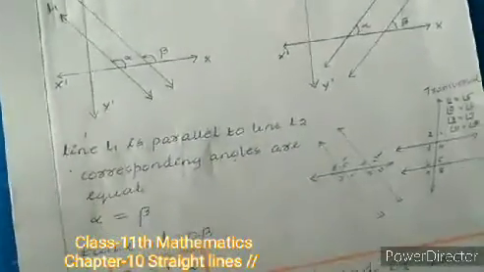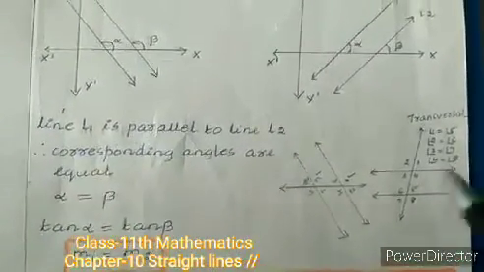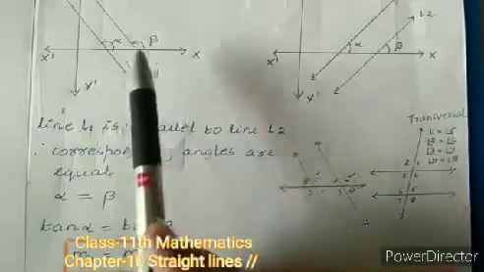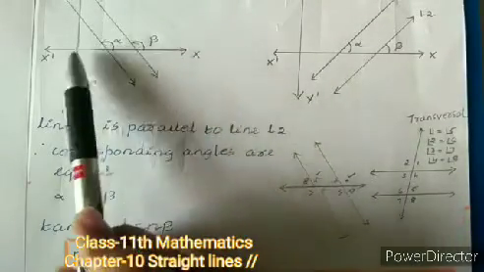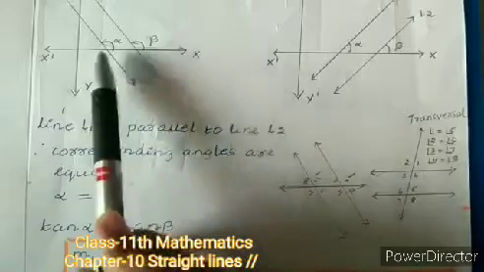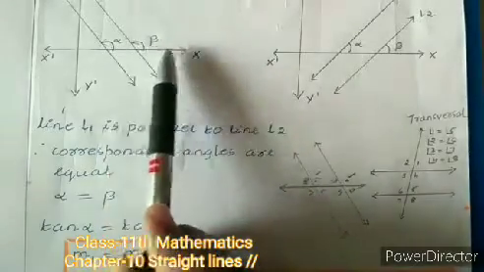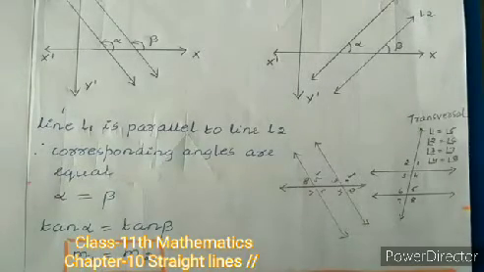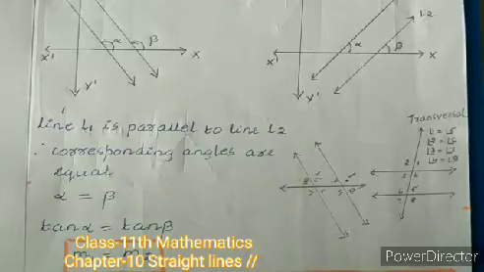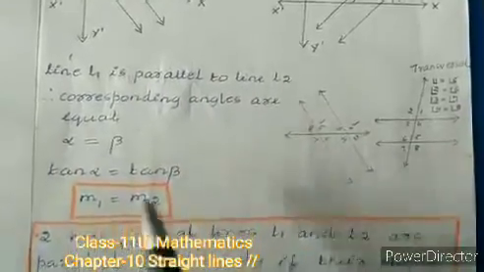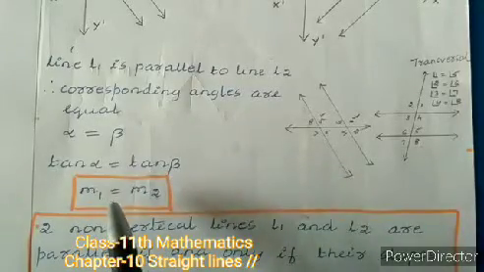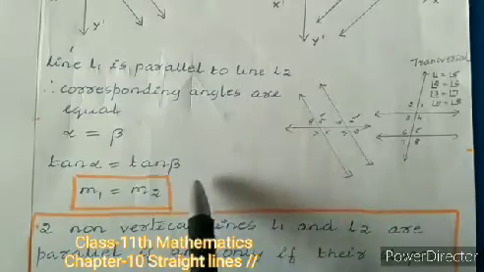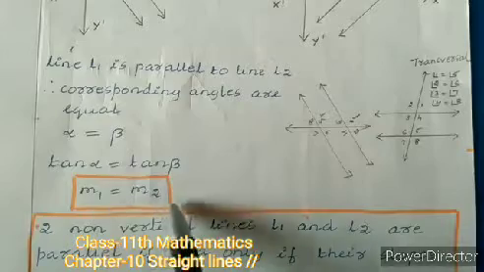By the corresponding angle property, if you compare this with this, we can say that alpha is equal to beta. Why have we written that angle alpha is equal to beta? Because here the x-axis forms the transversal which cuts two parallel lines, so their corresponding angles are equal, so alpha is equal to beta. If alpha is equal to beta, we can write tan alpha is equal to tan beta. That doesn't make any difference because both values are positive here. Now tan means the slope. Let us say the slope of the first line is m1 and the slope of the second line is m2. That means we can say that m1 is equal to m2.